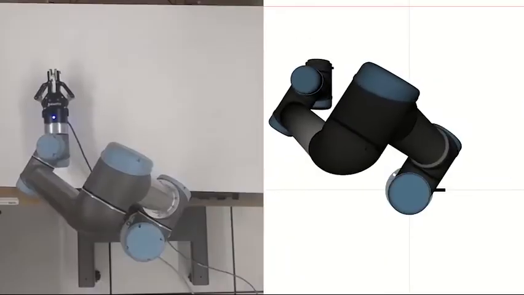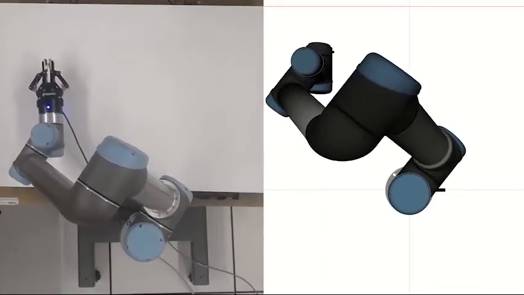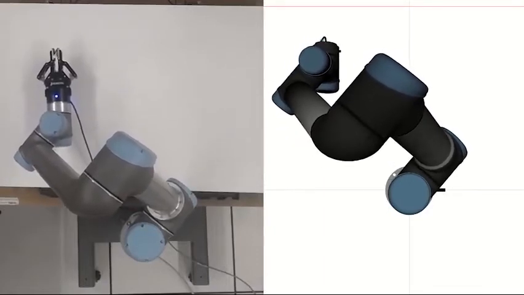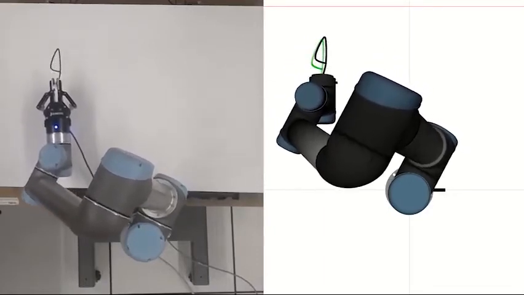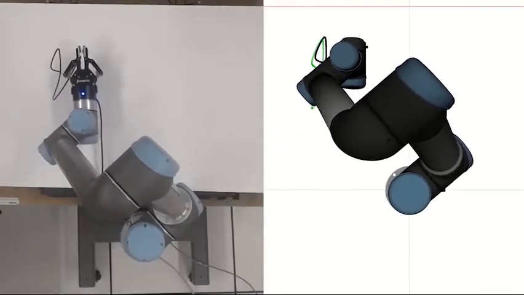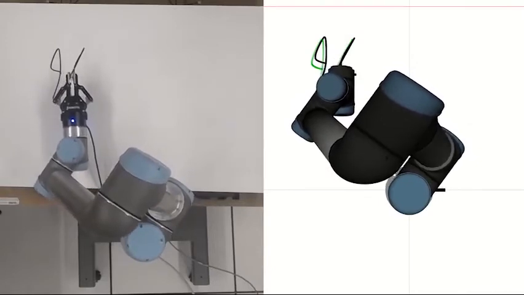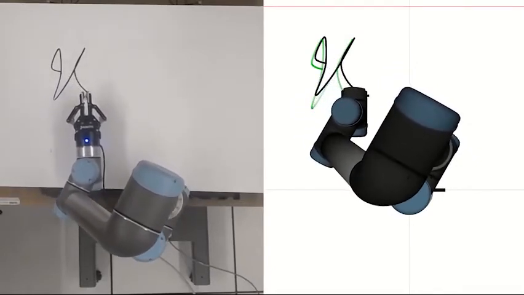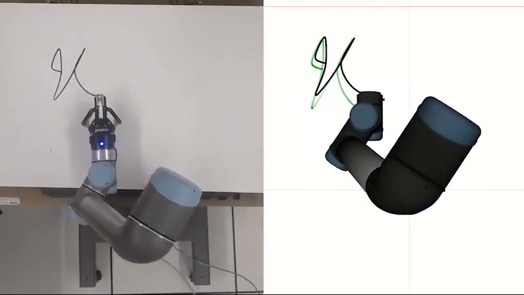This is an example of a path similar to the one shown in the beginning of the video, where the robot writes the word ICRA. This path has been moved closer to the static base of the robot, which makes it more challenging because of the danger of self-collision. In this case, our method uses user input to determine the kinds of deviations from the